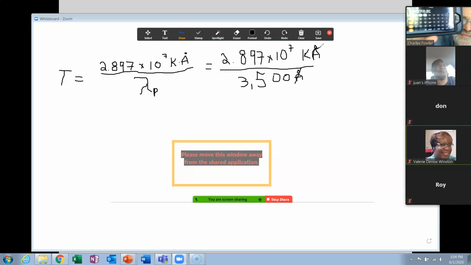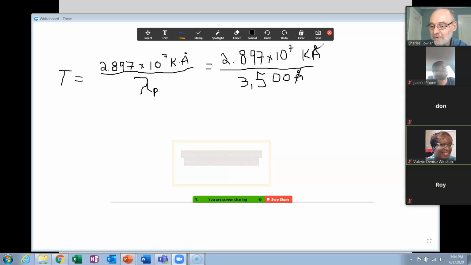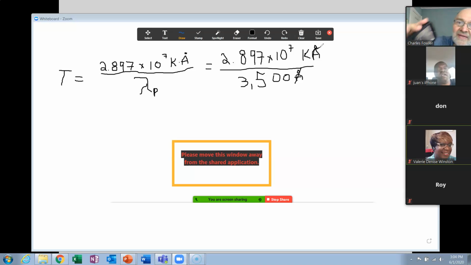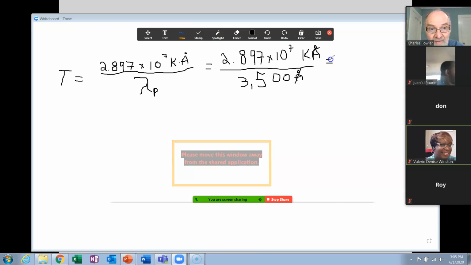Never mind. Okay, we divided that by 3,500. Divide it by 3,500, and then press equal. And that gives us 8,277 K. You see, your units that's left over is K. So this is equal to, all right, this is equal to